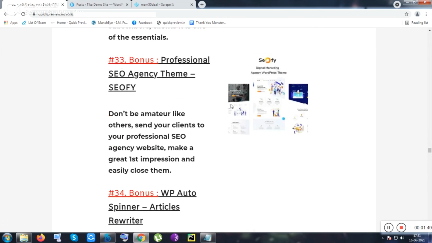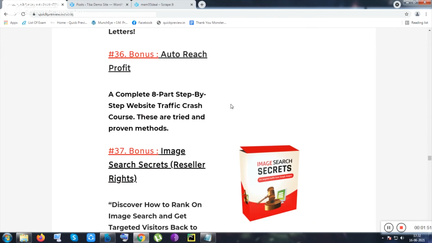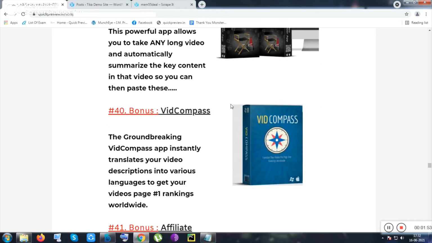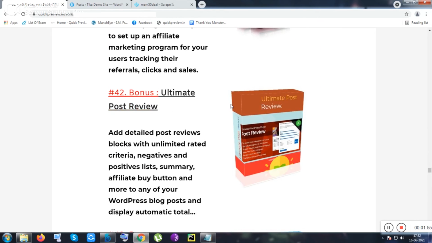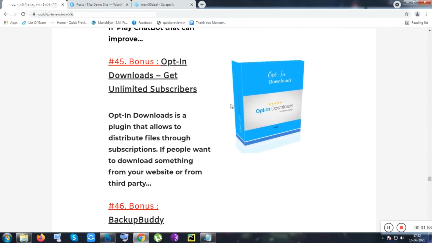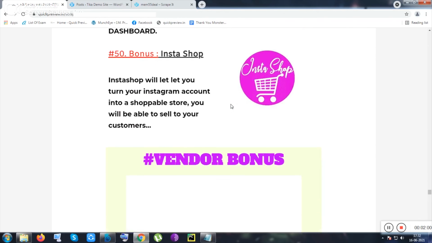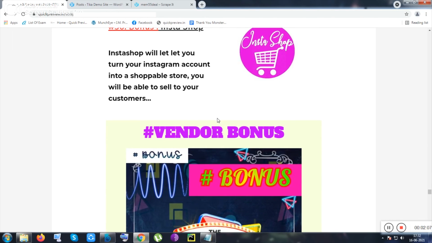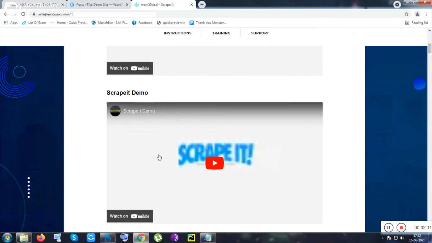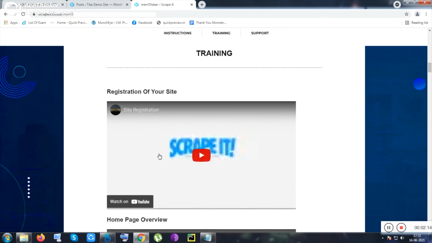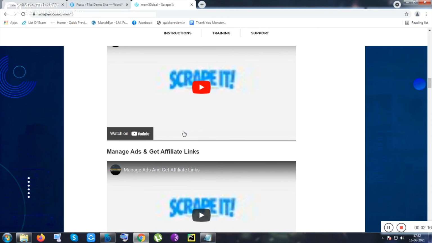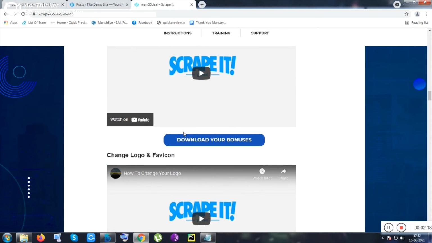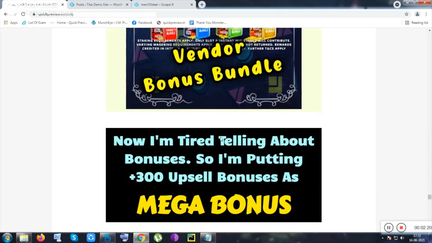Okay, so after purchasing the tool, you will be doing the reviews, and you need bonuses. You can take the bonus and use it as if it is your own. This all pack will be given to you inside the front end product. A total of 50 bonuses will be given to you, and apart from that, there are some vendor bonuses that come by default, and there is a tutorial section. Tutorial bonus comes by default from the vendor. Everything is clear to you inside this tutorial section in a very detailed way.